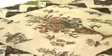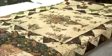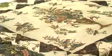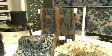Hewson was recruited to come to Philadelphia in the 1770s by Benjamin Franklin to set up the first textile block printing company in America. Only about 24 items are known to exist by John Hewson today, and this is one of those pieces. Sometimes designers will come in and be inspired by pieces from the collection,